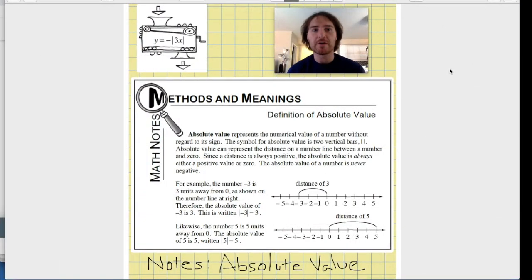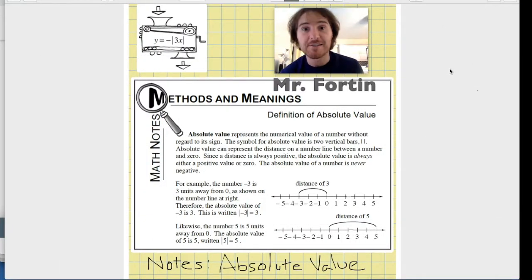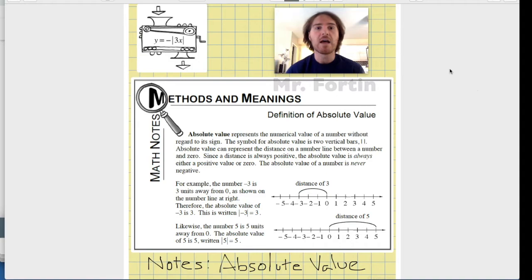Hey everyone, Mr. Fortin here at the end of your first lesson of the algebra textbook. So hopefully it went well with your groups. If not, you'll get a lot more practice, and you can always reach out to us if you have any questions. I wanted to jump in here because the very first section of the textbook actually featured some functions that